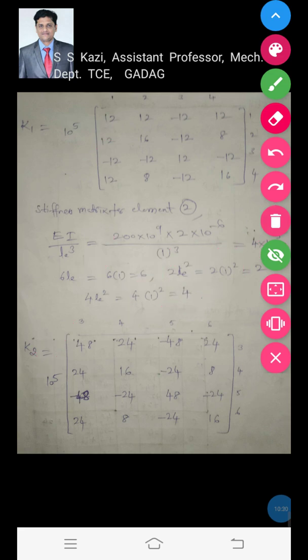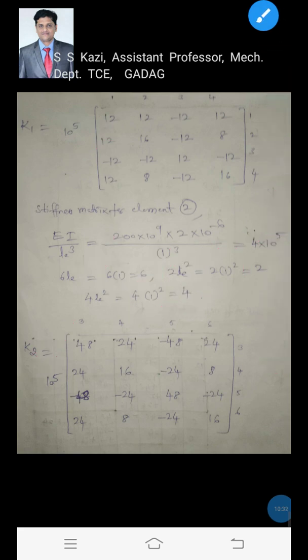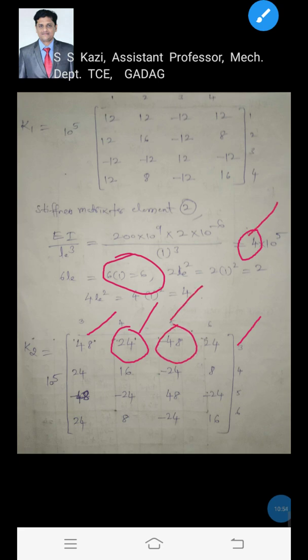Okay, now all these terms you just write. So here inside the terms, the first term was 12, but I wrote here 48 because 4 has to be multiplied with all these 16 terms, because I will take 4 inside. That is 12 4s are 48, and this one, 6 times LE, that is 6 we got, that is 6 into 4, 24, and this one minus 12 into 4, minus 48.